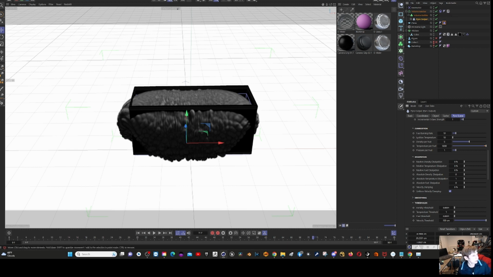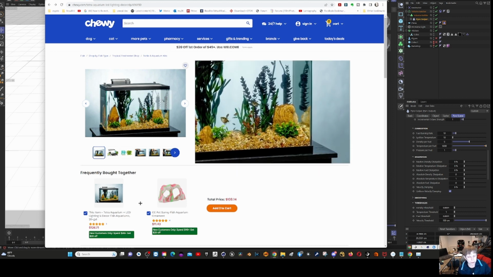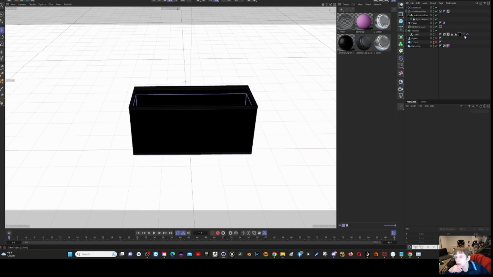But let's look at what ultimately I want here. Now the aquarium itself is very easy to make. All I did, and let's get rid of this mess here, so I took a cube and divided it up. I mean, gave it the right size, gave it the subdivisions, and then I did a loop selection on the top and the bottom, slightly extruded them, and then I used I have polygon selection,